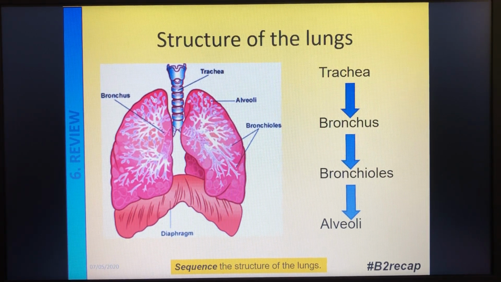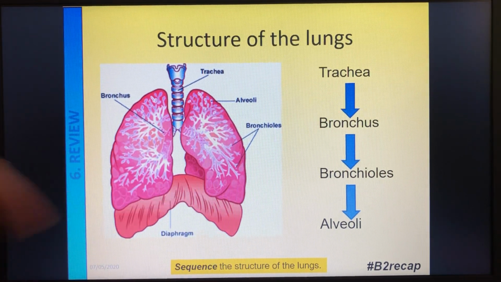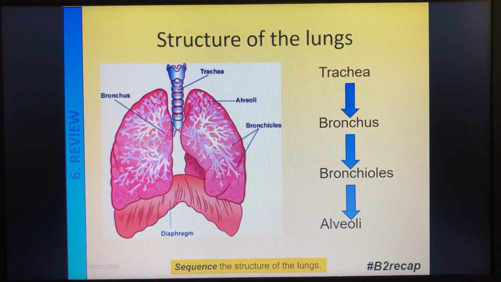Okay. And we've got this muscle at the bottom here called the diaphragm, and this is really important at helping our lungs to inflate when we inhale and deflate when we exhale. So we're going to draw just a simple version of that, much simpler than that picture on there. Just draw two lungs, the trachea coming in, branch off some branches and draw one set of alveoli at the